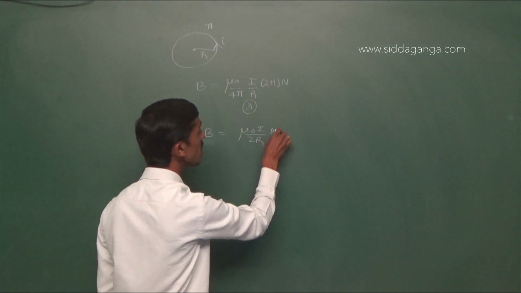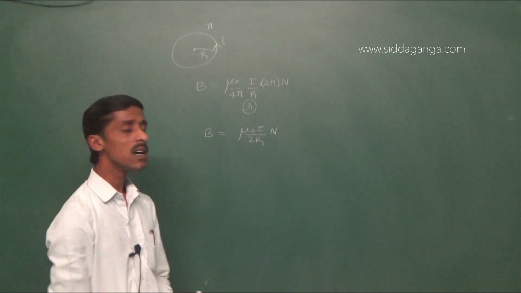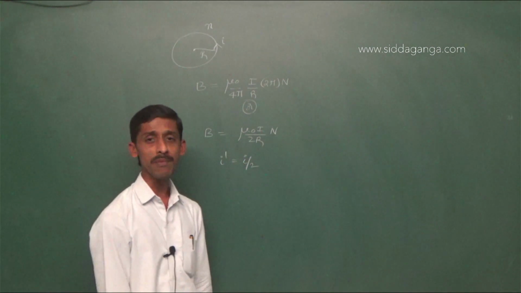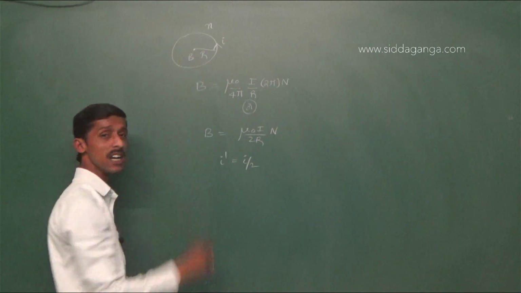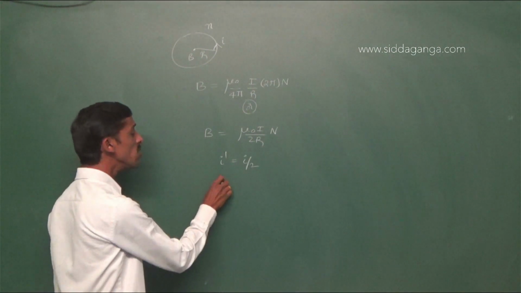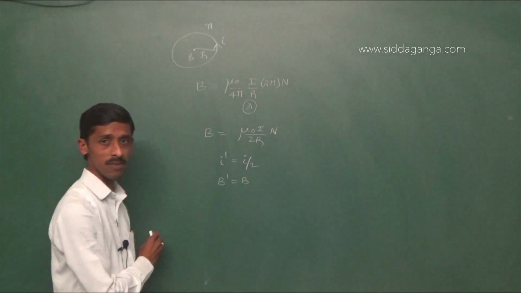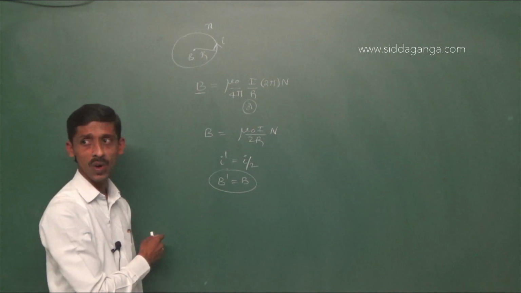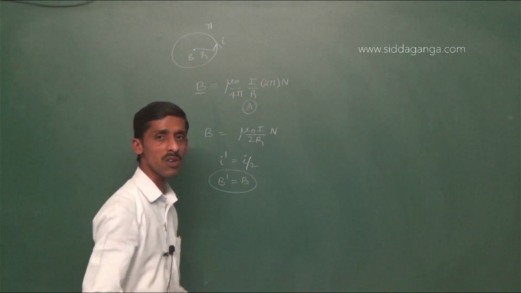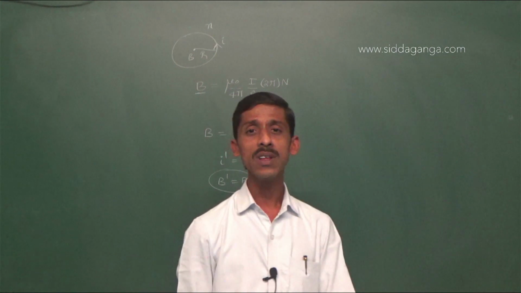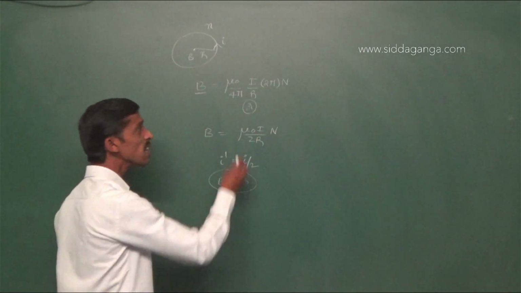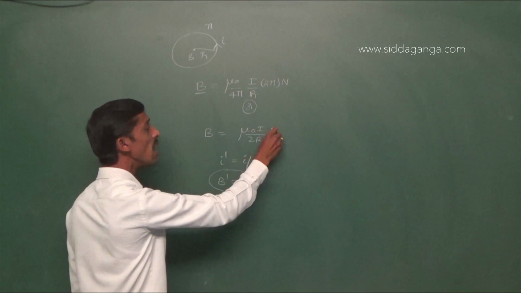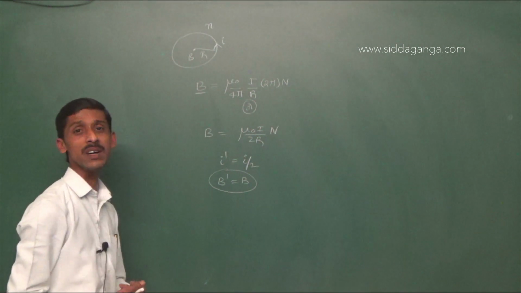into N. So here the current in the coil is reduced to half. Obviously the magnetic field at the center will be reduced to half. In order to retain the previous value after reducing the current to half, the only choice, as the question is related to the number of turns, is to change N. How should the number of turns be? Nothing is mentioned regarding radius. You know, the magnetic field is directly proportional to current and also directly proportional to the number of turns.